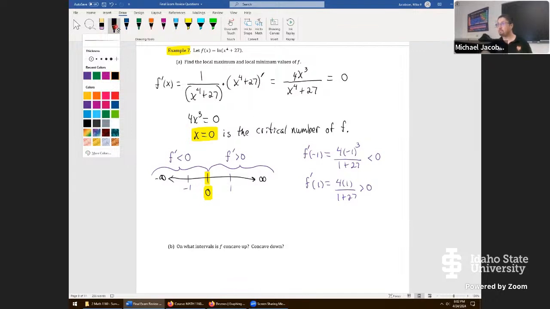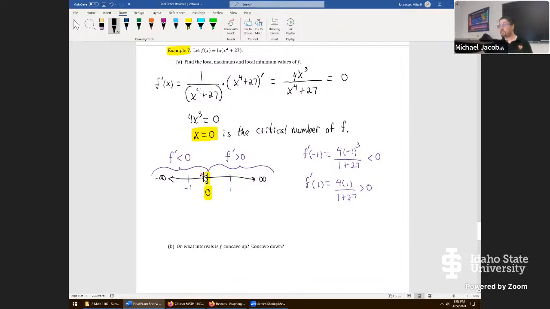This then conveys, by the first derivative increasing/decreasing test, that on this interval the whole function is decreasing, only because we said the derivative is negative. Here the derivative is positive, that means the function is increasing. We don't necessarily have to say where it's increasing or decreasing, because the problem is just asking for local maximum and local minimum values. Well, we have only one critical number, so we only have one extreme value, and we can now